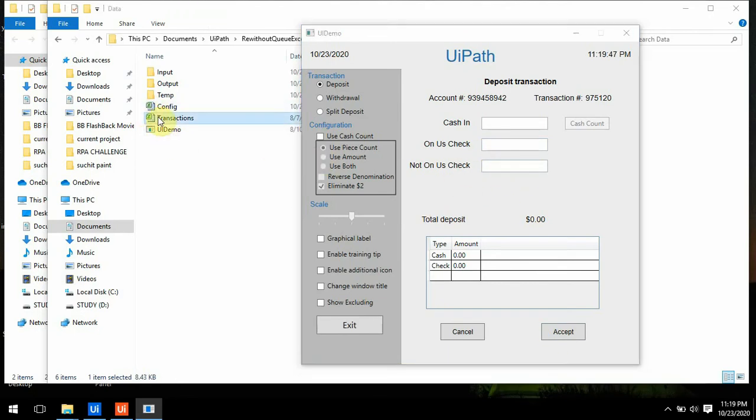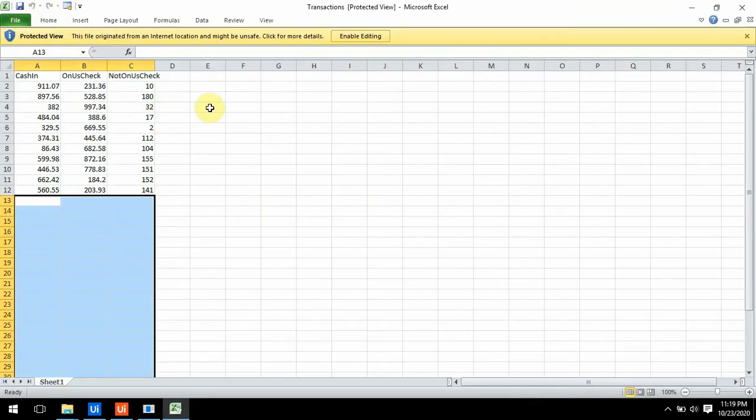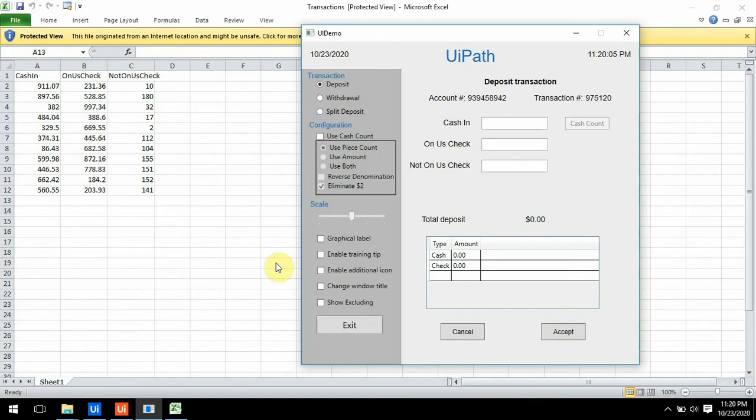From here we'll get these values. We have a transaction XLS file with three fields: cash in, honest check, not honest check. Our bot will take these values, 911.07 and the same from all these rows, and put them here, and after putting them in one by one it will click on accept.